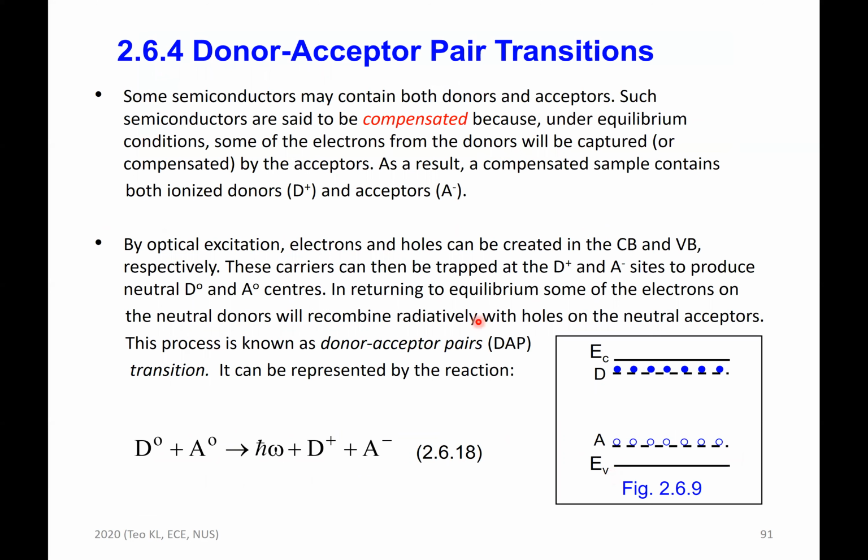Next, another type of transition is the donor-acceptor pair transition. Let's say you have a semiconductor that contains both donor and acceptor. Such an acceptor is said to be compensated. So some of the electrons from the donor will be captured by the acceptor. So as a result, the compensated sample contains both ionized